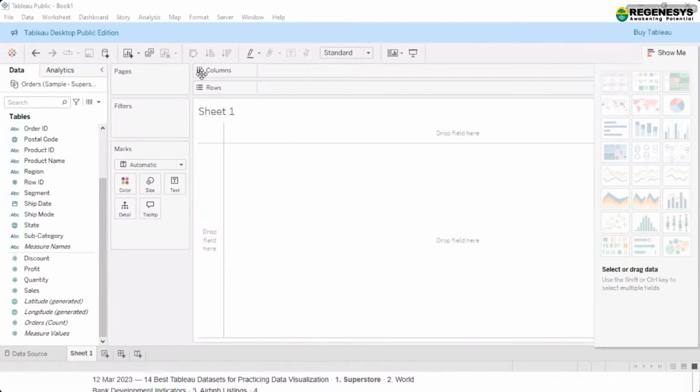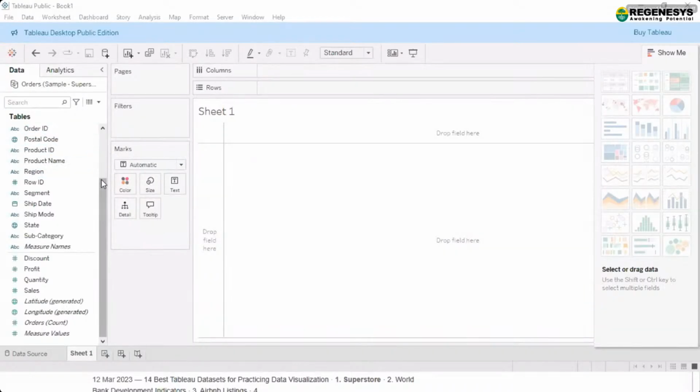Perfect. So the answer is no, because we are creating it on this particular platform only. Whatever data we have from the data set, we are taking it into Tableau, but we are not doing anything in reverse. We are not sending any data from Tableau to the data set. So the data set which we already have will be the same as it is. Any changes we make here in Tableau will not reflect back to the data set. All the things we are doing here are in Tableau only.